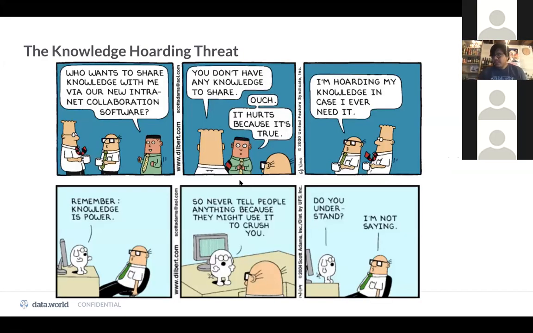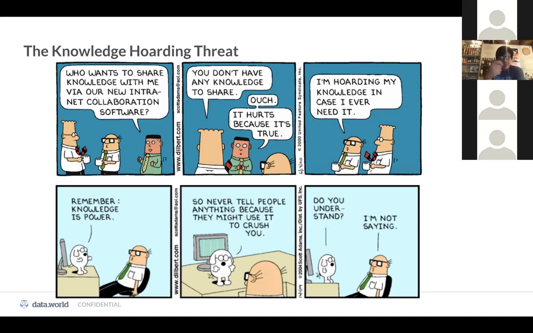So another problem that we see, now that we understand these technical aspects on the source, the target, and the mappings, is the social aspect. And a glimpse of the social aspect is what I call the knowledge hoarding threat. People are involved and they know what's going on within an organization. They may understand exactly how things are defined. And in reality, when people have this knowledge, knowledge is power, and they have job security. They don't want to give up this power. And this is one of the big problems that we see all the time.